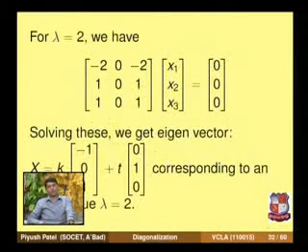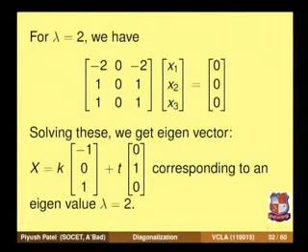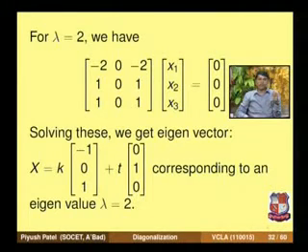So let us first put lambda equal to 2 in the given system, so that we have the system with rows minus 2, 0, minus 2; 1, 0, 1; 1, 0, 1, times x1, x2, x3 equal to 0, 0, 0. Here you can see that in the coefficient matrix of this system all three rows are identical. Therefore you can easily make the remaining two rows 0, so that we have only one equation and the other two variables are free variables.